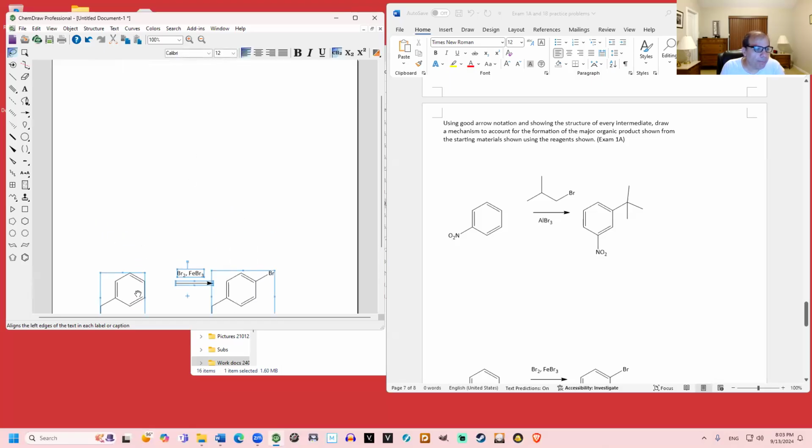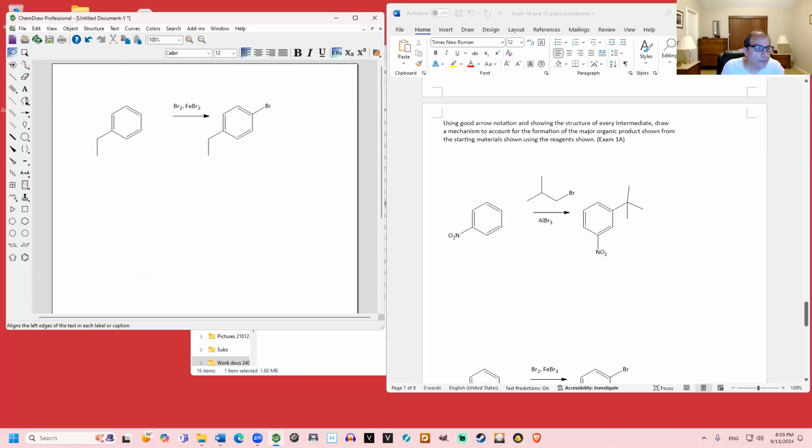Our final problem looks like an electrophilic aromatic bromination. We have a pre-existing ethyl group on the aromatic ring. Unsurprisingly, the bromine winds up para to the ethyl group, because alkyl groups are ortho-para directing. They're electron rich. That makes them ortho-para directing. So the first thing we need to show is formation of the electrophile. And you'll recall that the elemental halogen, which will be either Br2 or Cl2,